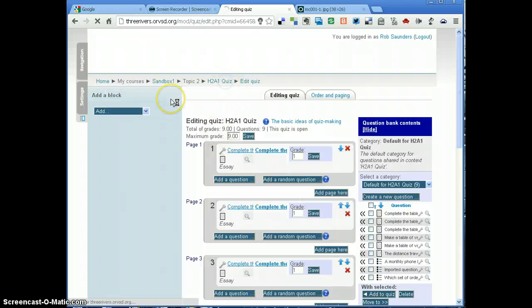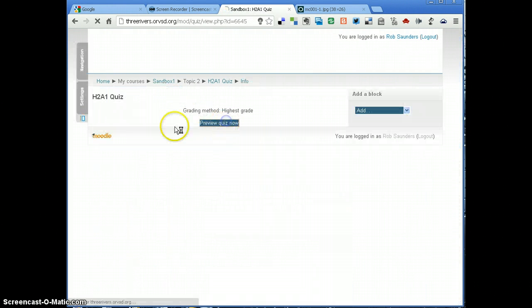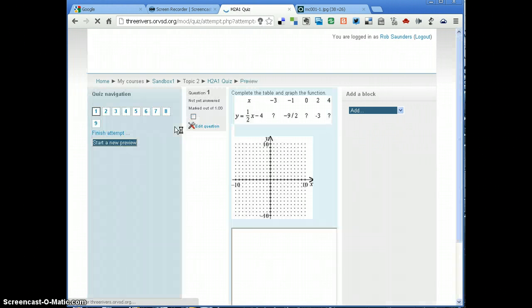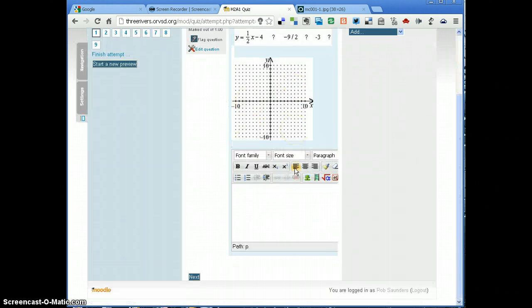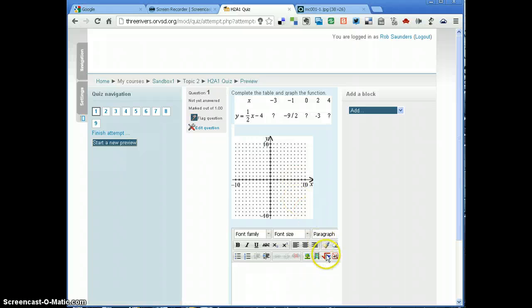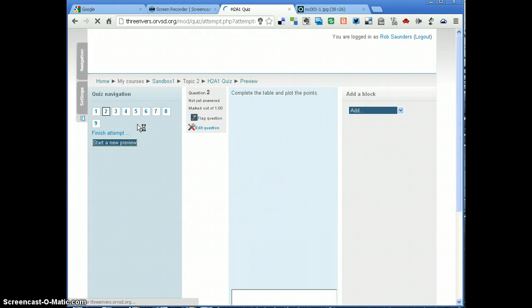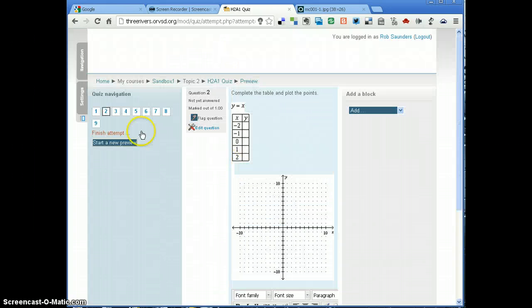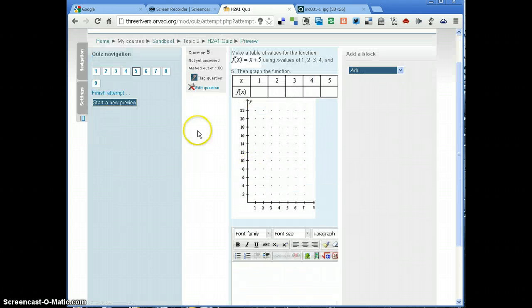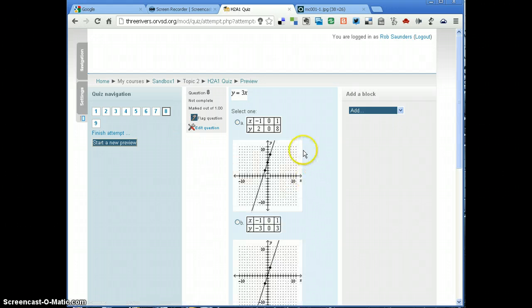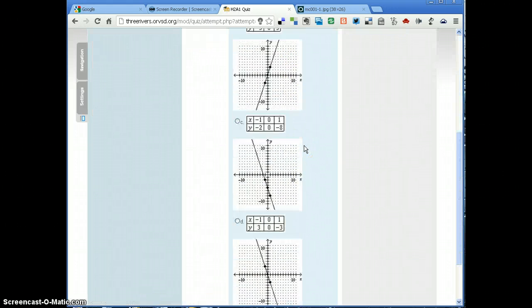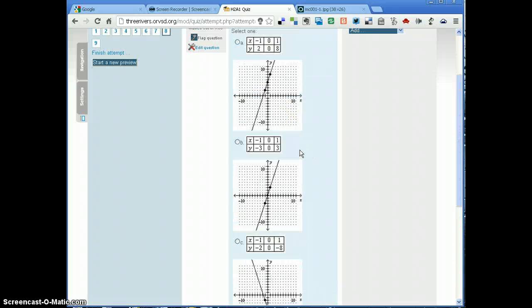So now if we go back to this quiz and we click preview, this actually happens to be an essay question. And so if you have your equation editor in, they could actually do that or create a table. Let's check out this question 2. Okay, how about question 5? That was also an essay question. That one as well. Question 8 is a multiple choice where they could just, these ones are probably the best for the Moodle, where